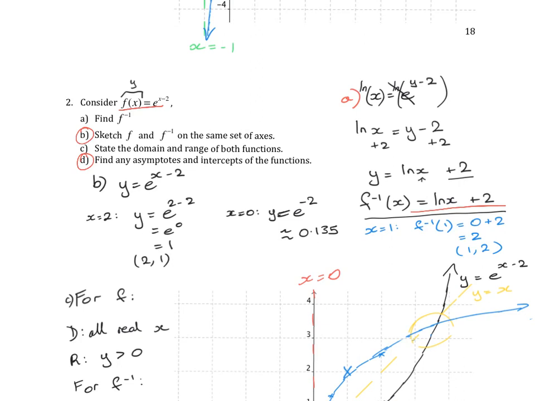And also I'd like you to look at D on your calculator. Make sure you can find the x and y intercepts using analyze graph on your calculator. And also see if you can identify the asymptotes from your calculator. I've actually got a part in functions of my iBook that's on how to find asymptotes on a calculator that you might want to look at as well. So I'd like you to just practice your calculator skills there and then